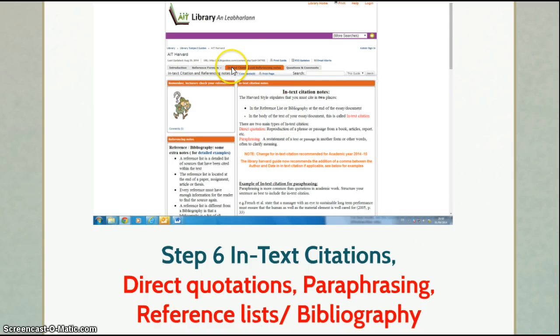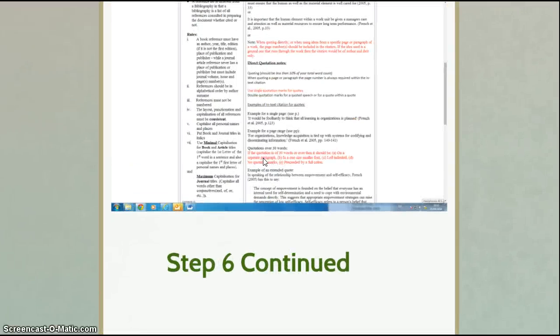If you click on the headings here at the top, you will find further information on how to generate a reference list at the end of your essay, dissertation or thesis, and further information on how to quote in the body of your text, such as direct quotes, paraphrasing, etc. All very important to referencing. In addition, it's important to note the rules and regulations of referencing. So this is covered too here on the left hand side as you scroll down through the website.